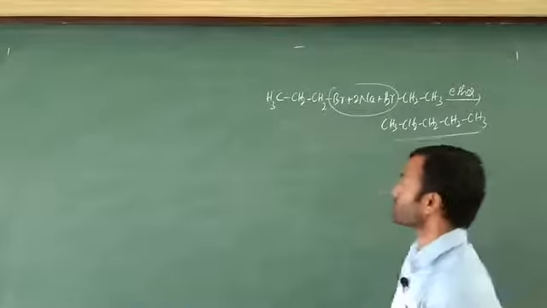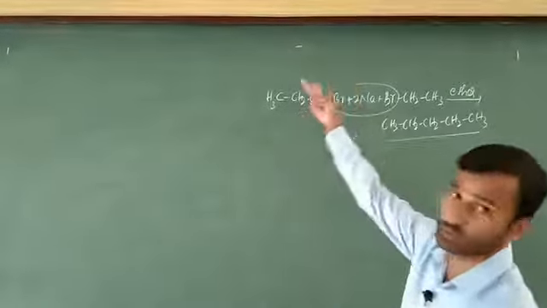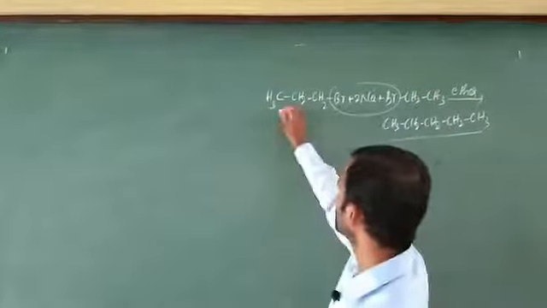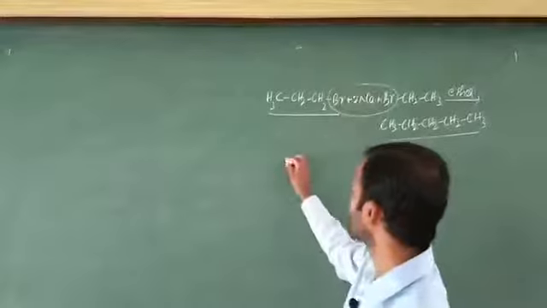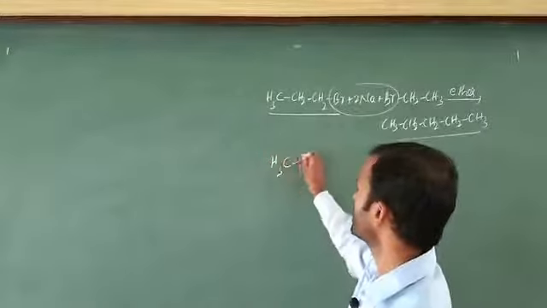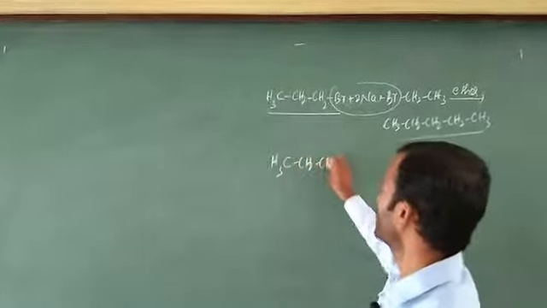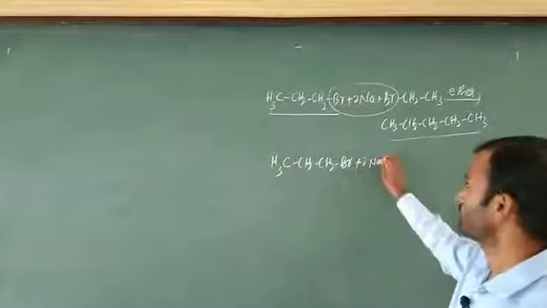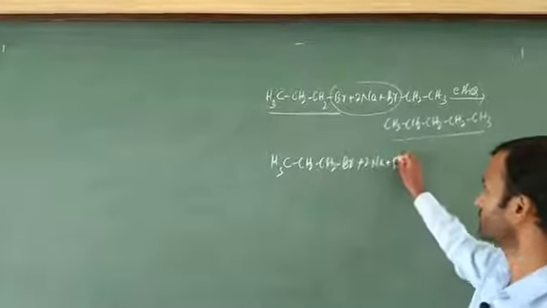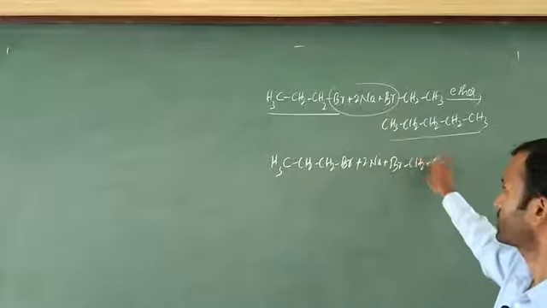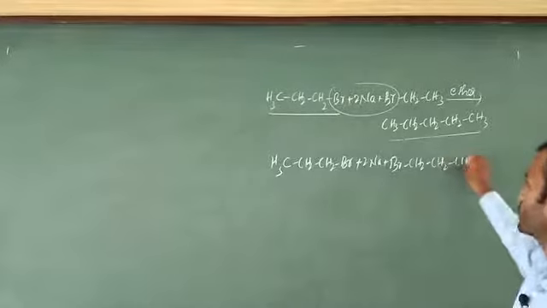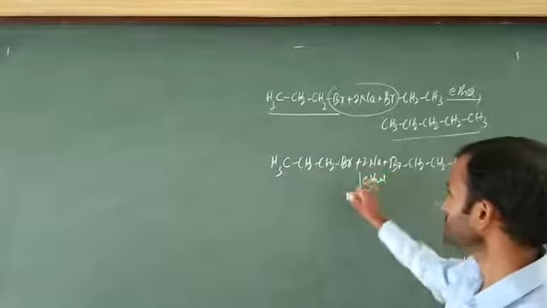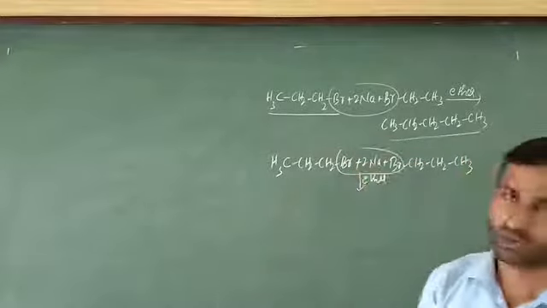Next, for another possible product, you have to take this one 2 moles, and after that this one 2 moles. Here I am going to take only this one, 2 moles. CH3, next CH2, CH2Br plus 2 moles of NaBr. You have to write this same one, Br, CH2, CH2, CH3. Next, in the presence of ether, you remove these things. Finally, what is left?